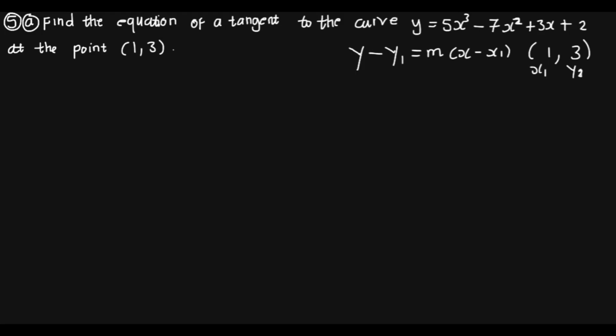Now what is missing is we need to find the gradient. So what are we going to do? The first step that we need to do is we need to differentiate the given equation for the curve. So we need to find the first derivative. So let's find the first derivative. So y is equal to 5x raised to the power 3 minus 7x raised to the power 2 plus 3x